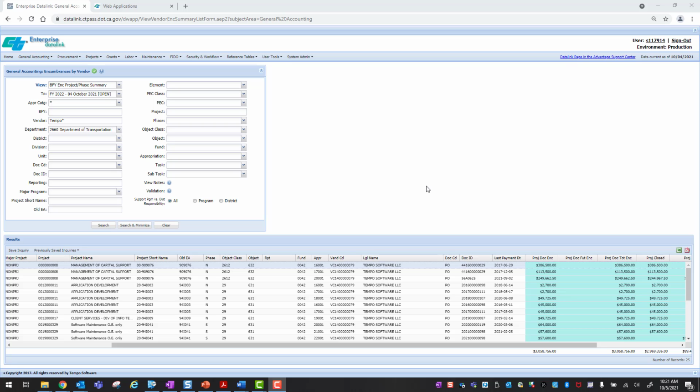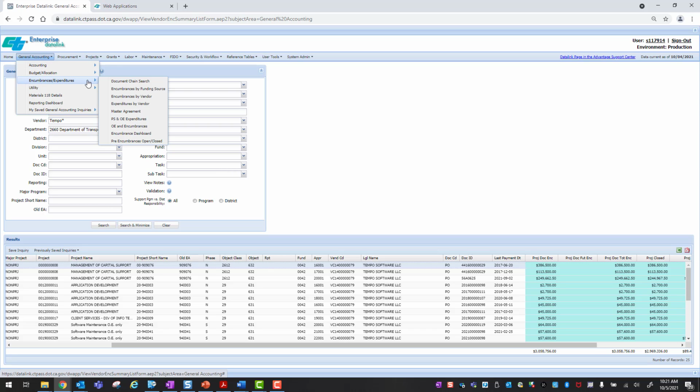Okay, so we took a look at some of the purchase orders and contracts and how the PO and contract is split out by all the payment attributes. But now we want to take a look at maybe the entire contract and the history of payment. So let's go back to general accounting, slide back down to encumbrances and expenditures, and let's open up document chain